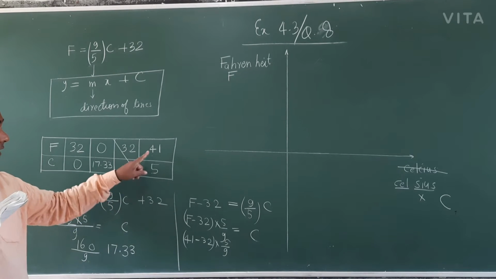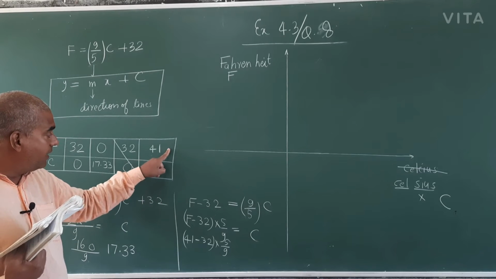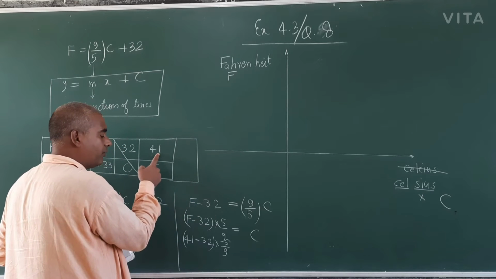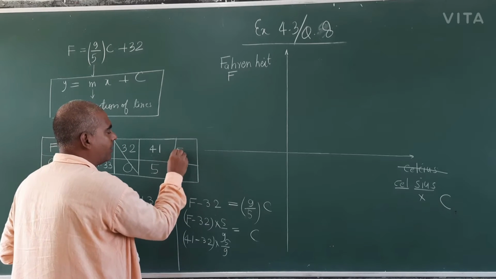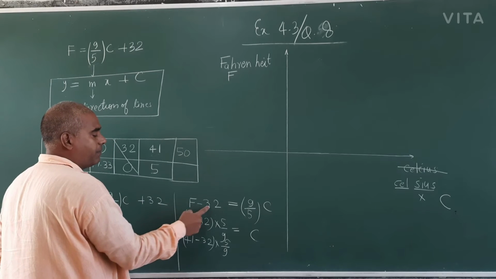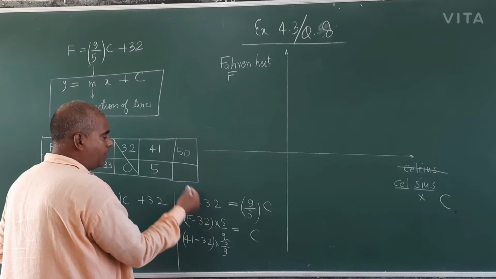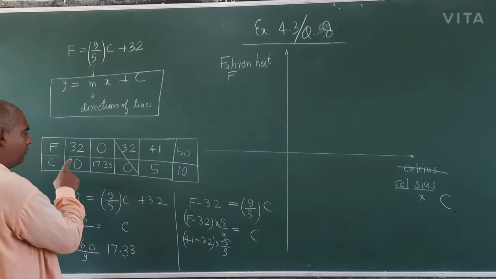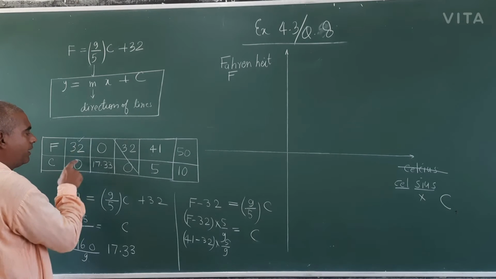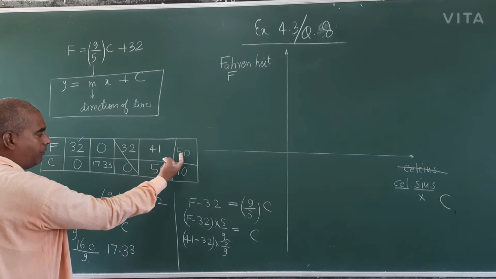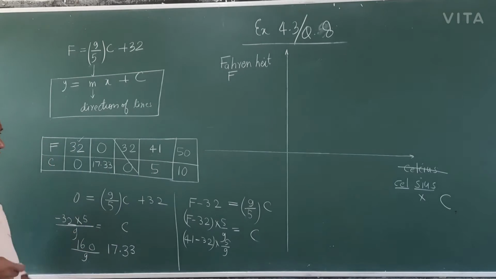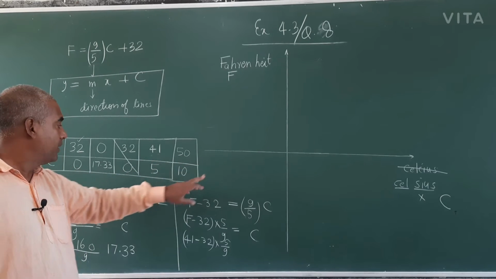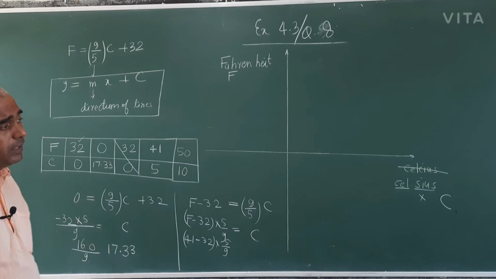You may take again, I have taken 41, just 9 add, because you have to take multiples of 9. So 9 8 means 50. When you take 50 minus 32, 18, 9 2 is 18, you will get 10. But at the time we need to know only two values, F this one, or we may take this or this, and we are looking here the value of F is equal to 41, 50 will increase, and it is 0 10.